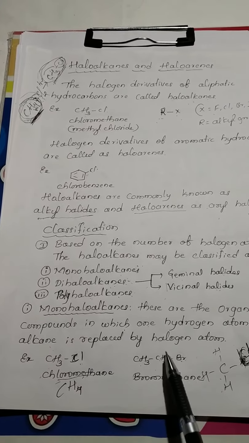C2H5 is called ethyl. It is an ethyl group. So commonly it is called ethyl bromide. Okay students. Next,